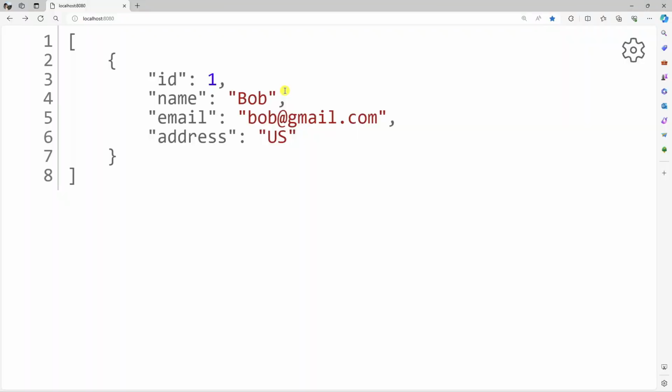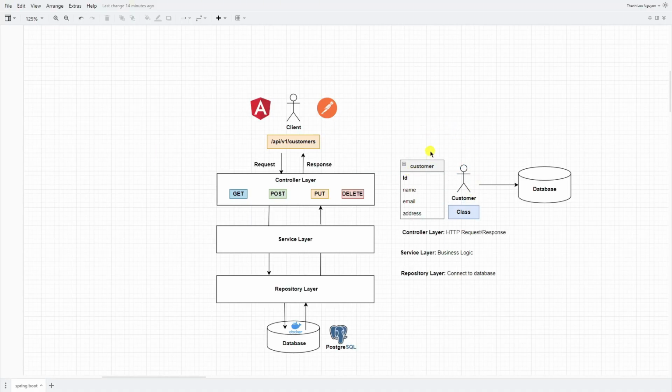So this is awesome, as you can see how easy it is to set up a very simple customer API. So right here, we already have this customer class, and also we expose the customer API with a GET request. Now let's apply our customer API into the controller layer to make the correct approach. But firstly, we will set up the controller layer. Then I will show you how easy it is to set up the service layer and also the repository layer.